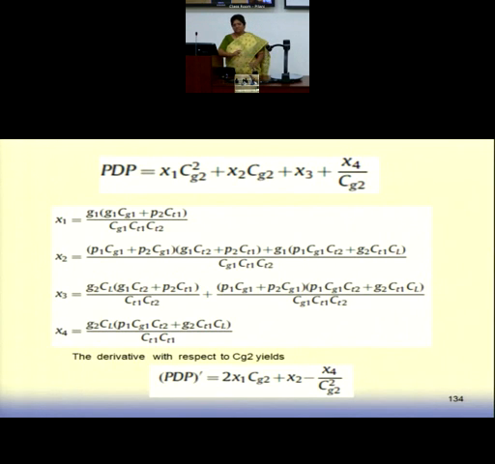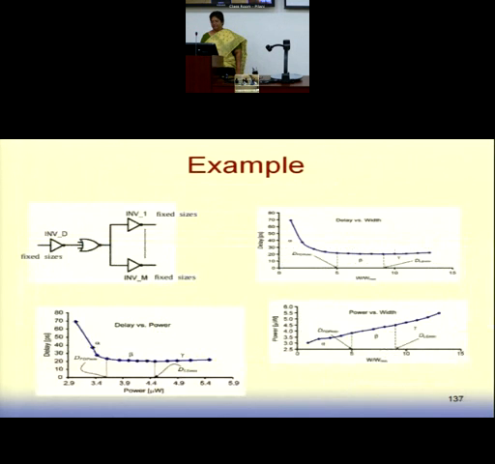So I can now plot. Maybe I can take a path and plot. Suppose from here to here, or any gate you can take, any path you can take, and you are plotting different graphs for this. You are sizing it accordingly. Maybe size for minimum delay, then also size this path for minimum power, then size this path for minimum PDP. Do it, and then we plot different results.